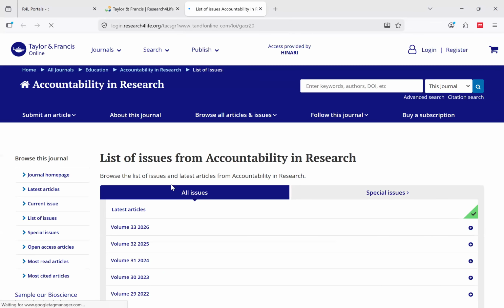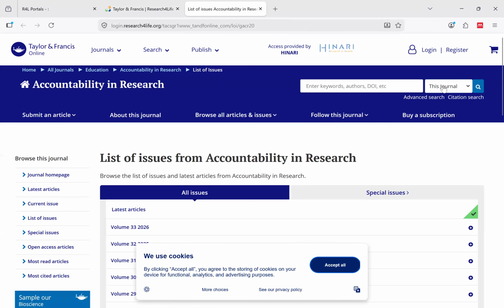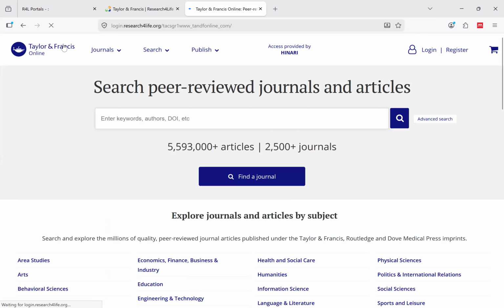So now this is how it displays. But remember, when I click here, it is searching in that journal. Which journal, you don't know whether it is relevant to accountability in research. So you click where we have this journal, if you can see my cursor, you select anywhere. If you don't want to select anywhere, then come back and click on Taylor and Francis Online, like we did also for Sage. So here you have 2 options.